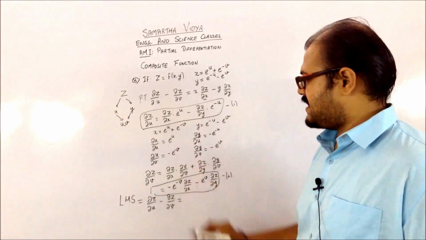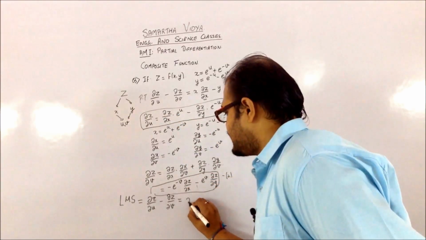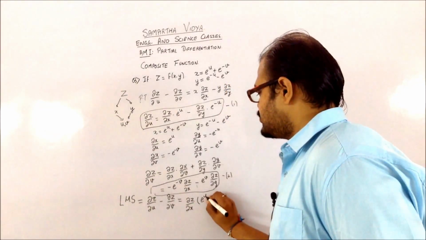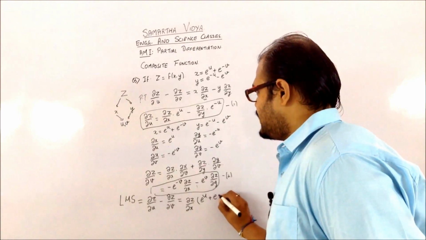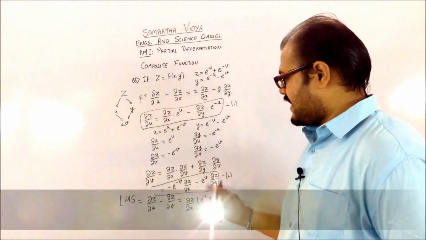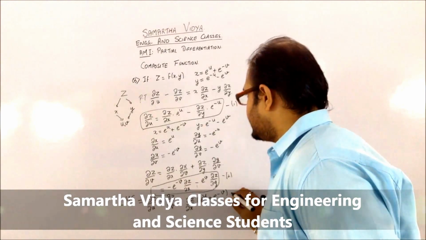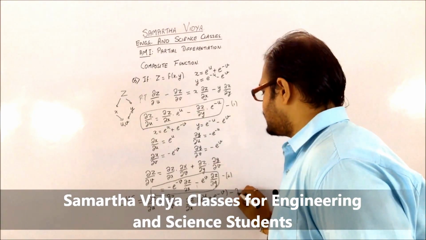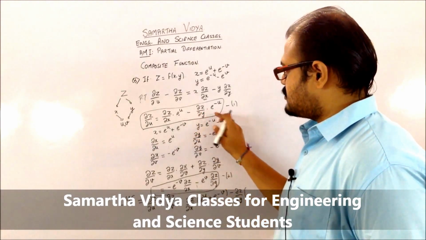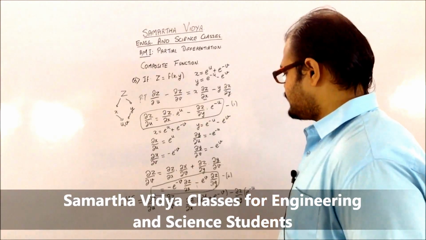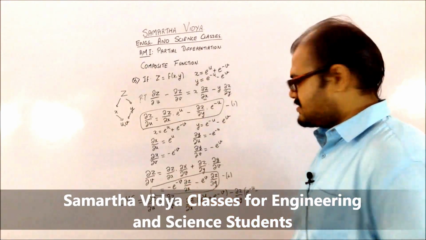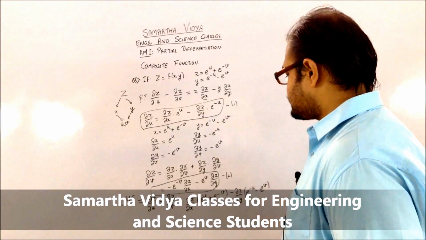From that you will be getting the common terms. So it's going to be this minus this because the terms are the same. You can take del z by del x common from here. That's going to be e raised to u plus e raised to minus v. It's just these two terms subtracted and then these two terms. From that you can take the minus sign common. So that's going to be del z by del y, and it's going to be minus sign common from here. So it's e raised to minus u, and this is going to be minus of minus, so that's plus. We have already taken the minus sign, so that's minus e raised to v.